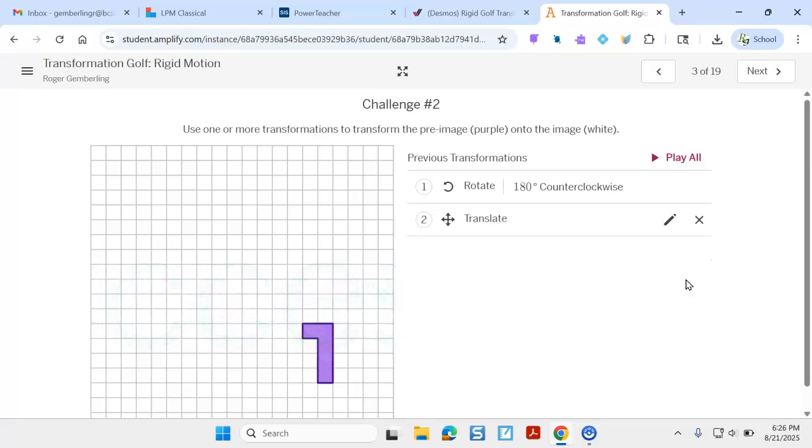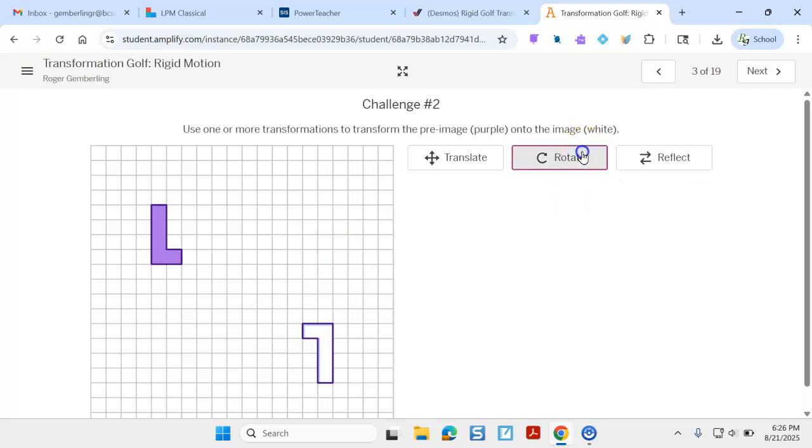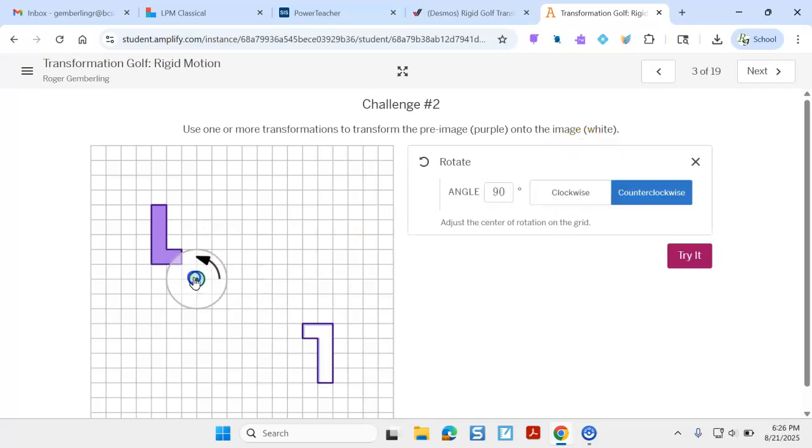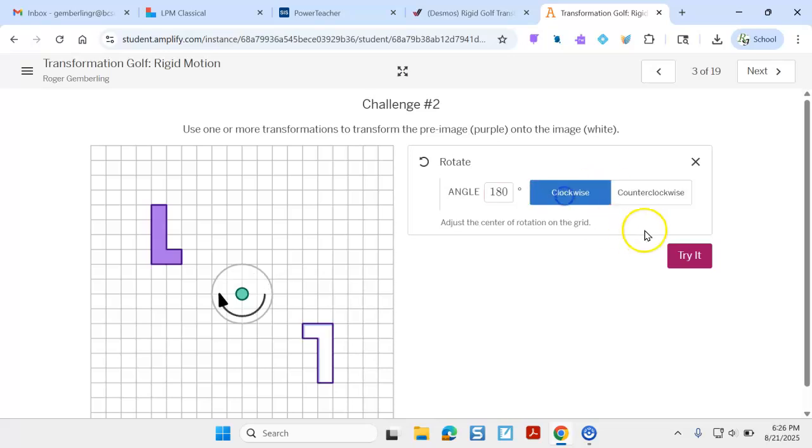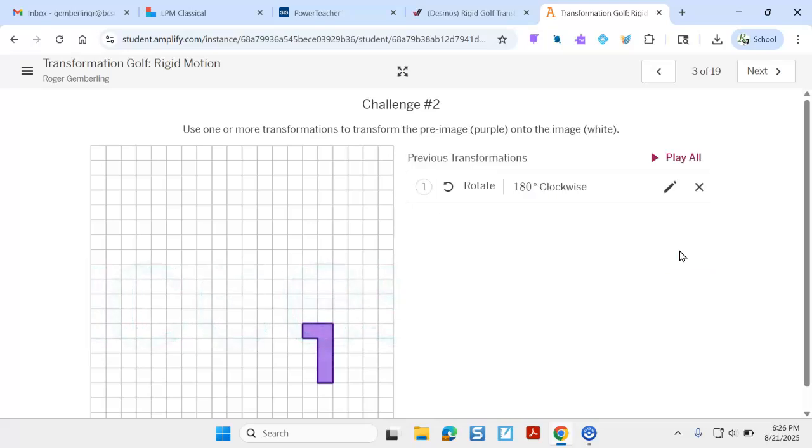So translations don't have to be horizontal or vertical. You can go slanted. You can place the rotation anywhere you'd like. If I want to do a rotation, I don't have to put it on the shape. I can come out here, a little bit further, and let's do 180 degrees like I did before, and let's go clockwise this time. If I do that, I got lucky, and in one movement I was able to get the thing to